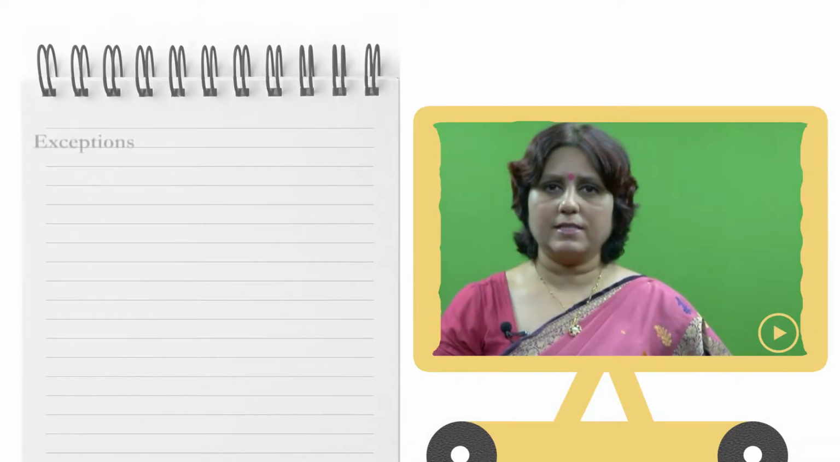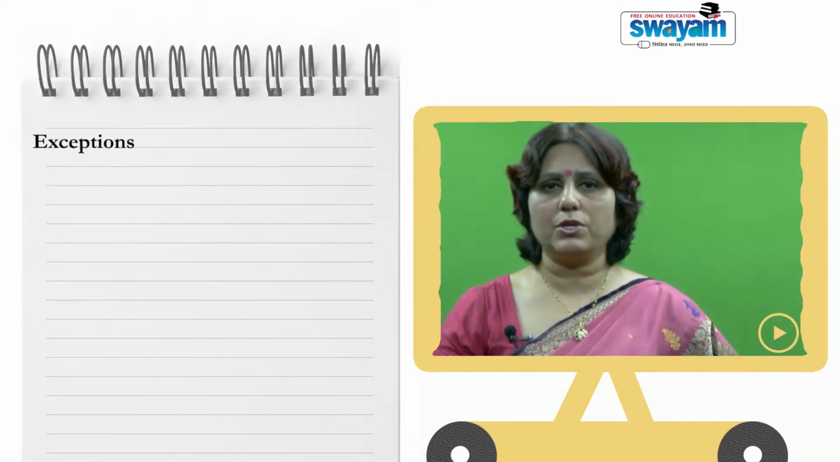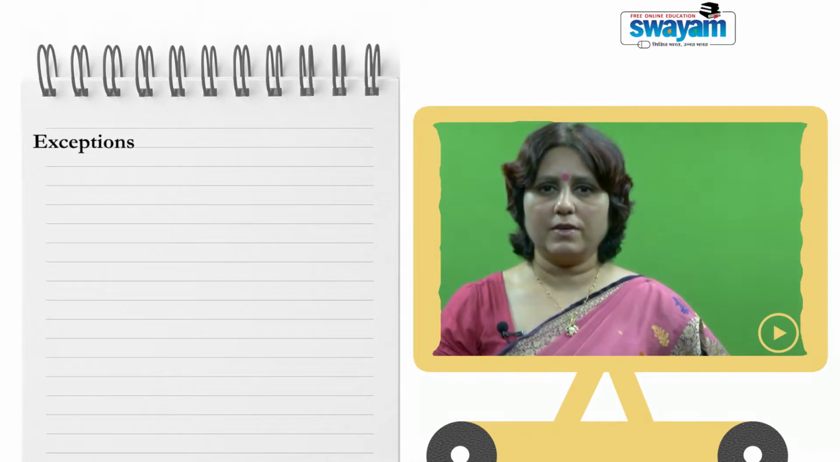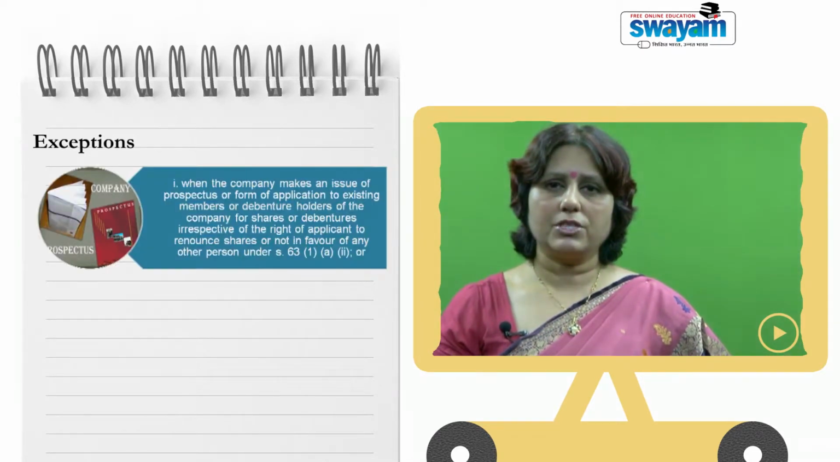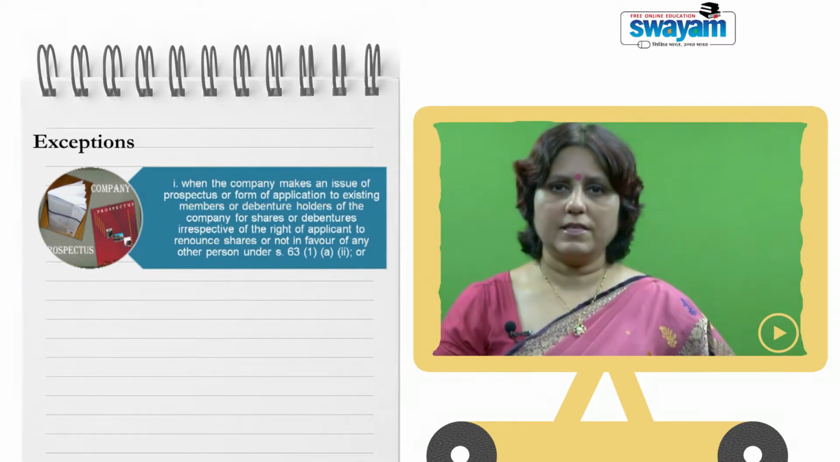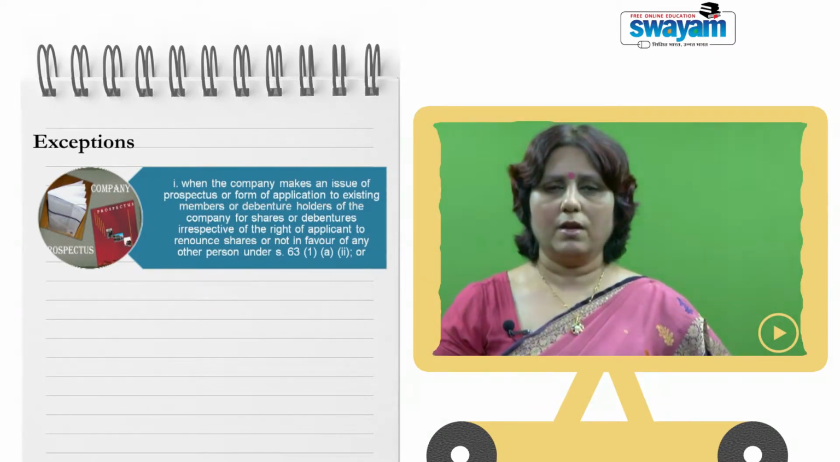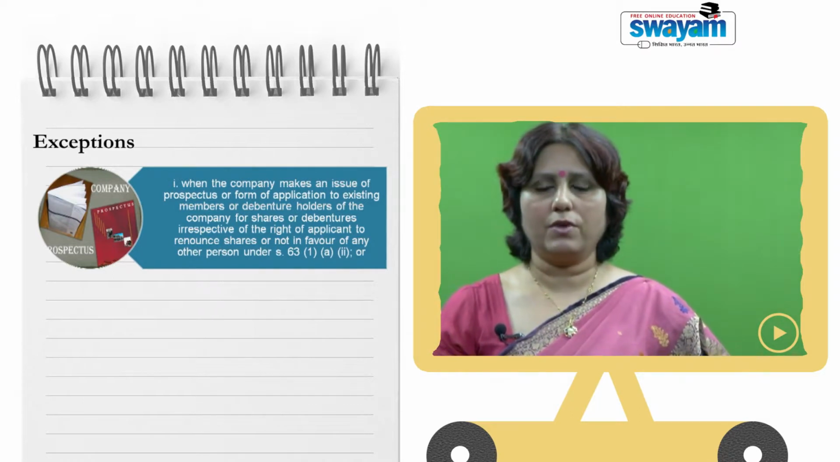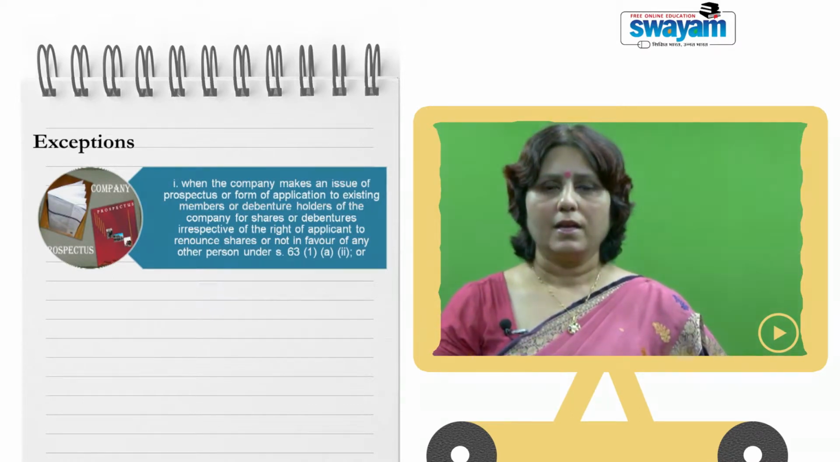Now there are certain exceptions where the company is not required to issue any prospectus. This is the first, where the shares are given to the existing shareholders or existing debenture holders. Then a full prospectus is not required, only an offer document is to be made by the company giving the